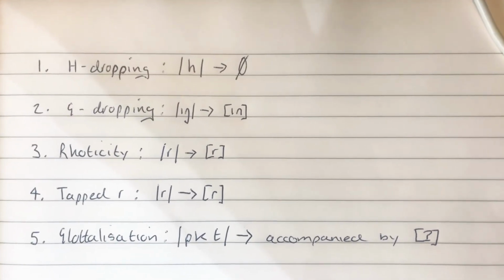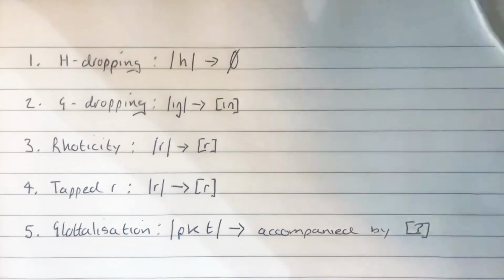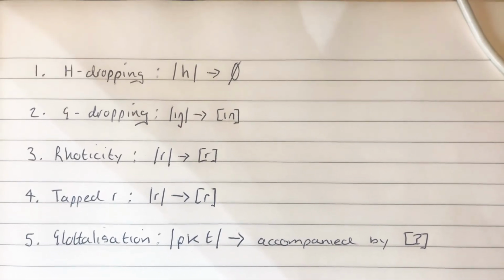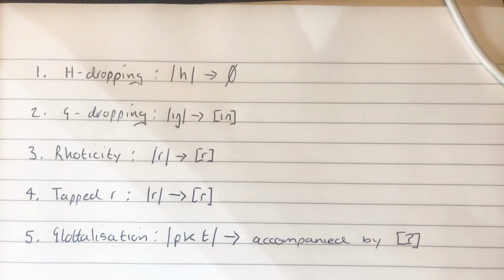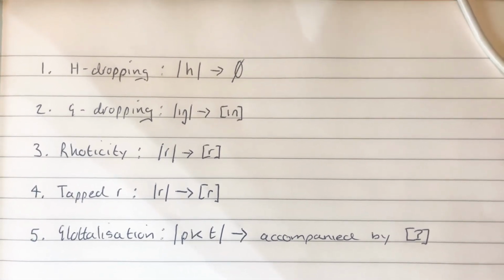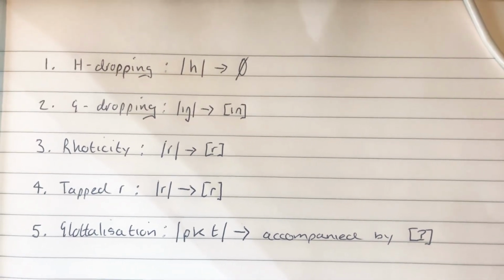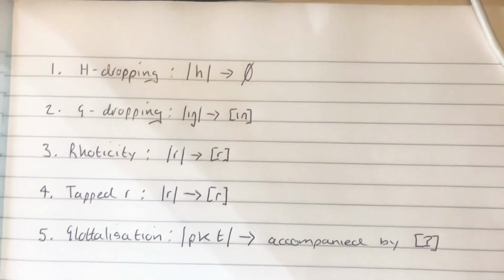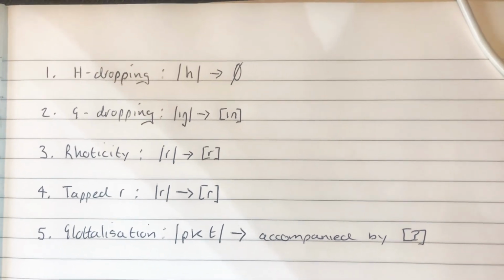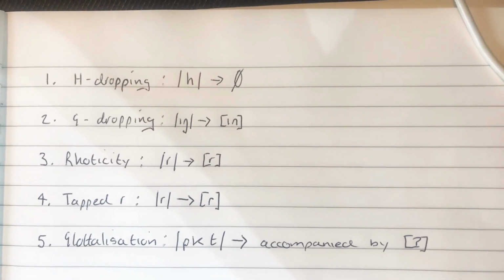Rhoticity is not present in the Cockney speaker, and examples of this can be found at 36 seconds and at 2 minutes 12 seconds for words like before and conductor. The tapped R is not present. Glottalization is present in our Cockney speaker. Examples of this can be found at 12 seconds and at 15 seconds with words like twopence and threepence, pronounced